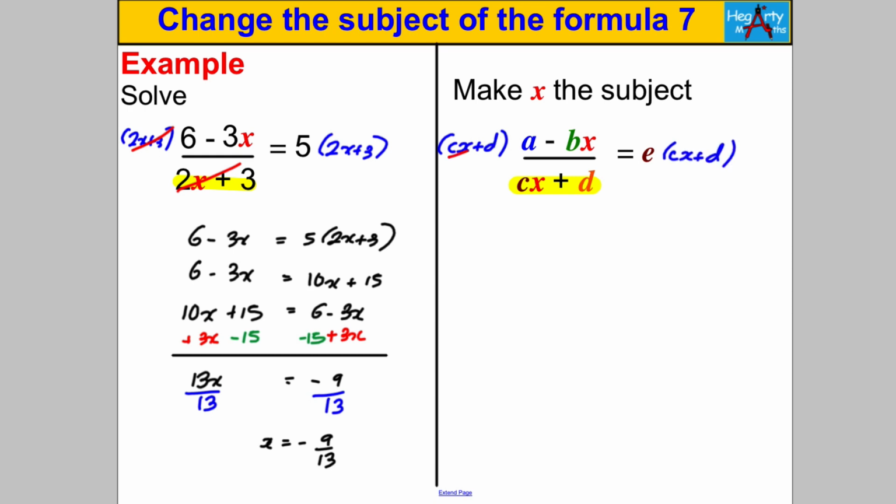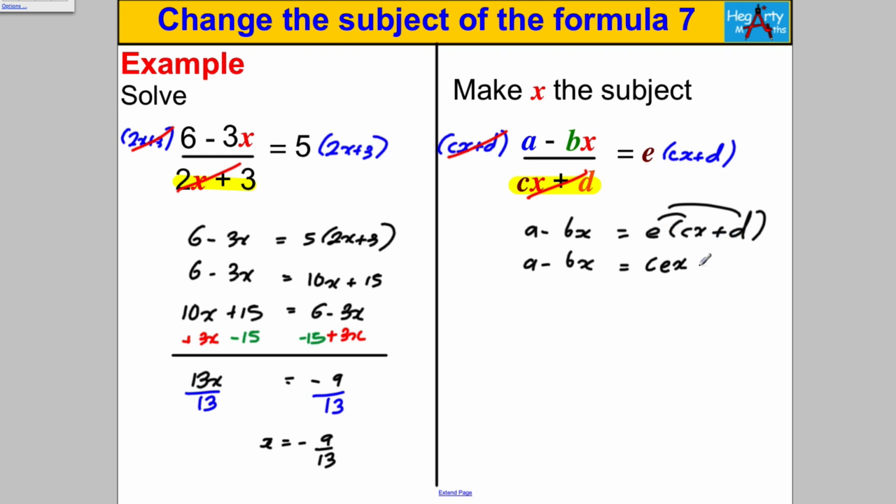That cancels the cx add d there, and I'm left with a subtract bx is equal to e(cx add d). Then I'm going to multiply out that bracket. So let's just write a subtract bx is equal to ecx, but I'm going to write the c first, cex in alphabetical order, and e multiplied by positive d is ed, but again write the d first, so that's plus